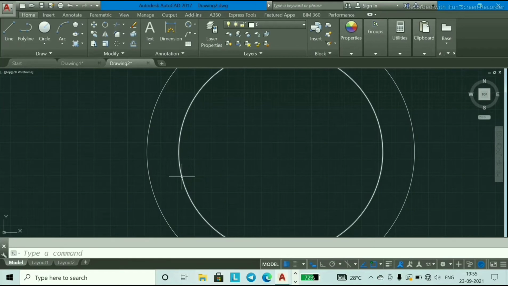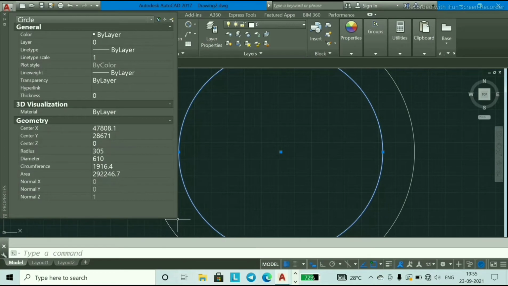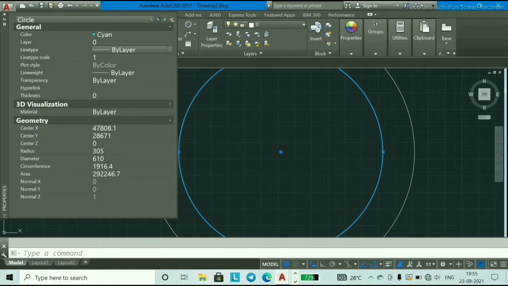Now if you want to make this a construction line, select this circle, right click, properties, and if you want to change the color you can change it. Here you can see we have not loaded our center line type.